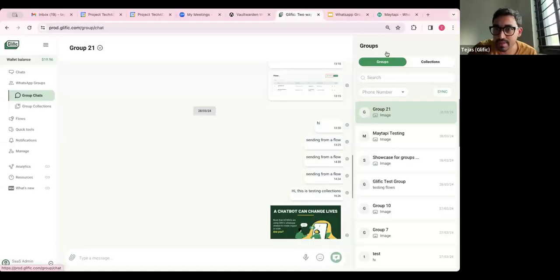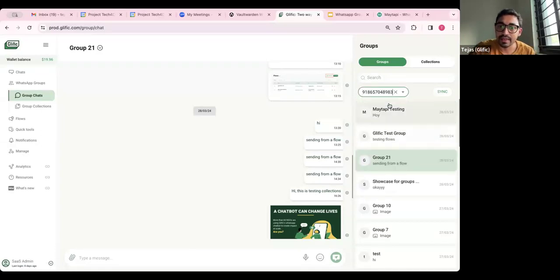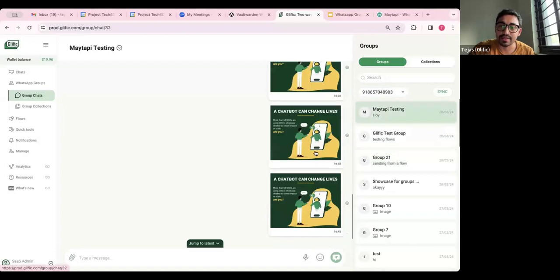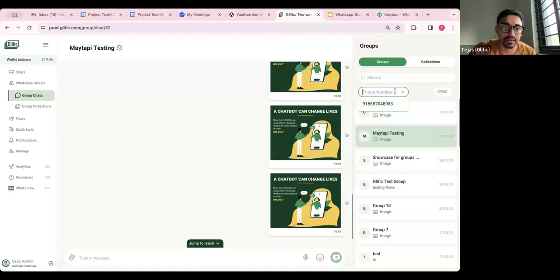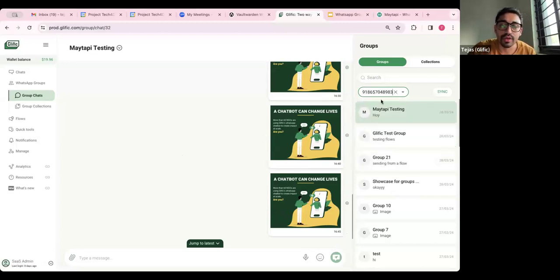I can just quickly show you my screen. The catch is that you can only send a message from the phone number to a group that the phone number is part of. If there are multiple phone numbers linked, let's say we want to choose this phone number and send this message as that phone number to this group, that's possible. Sorry, I didn't want to confuse you, but you can select the phone number you want to send it from, though that phone number has to be part of that group.